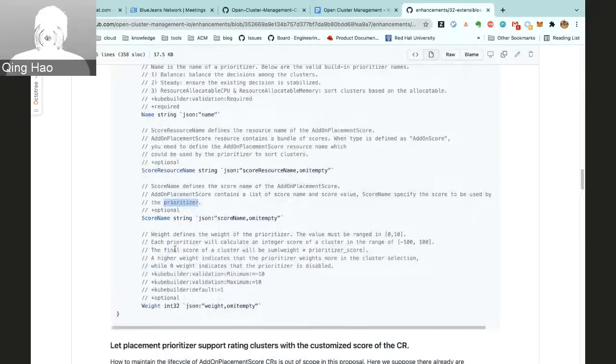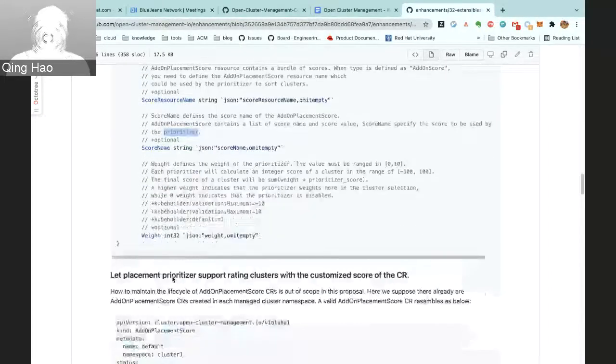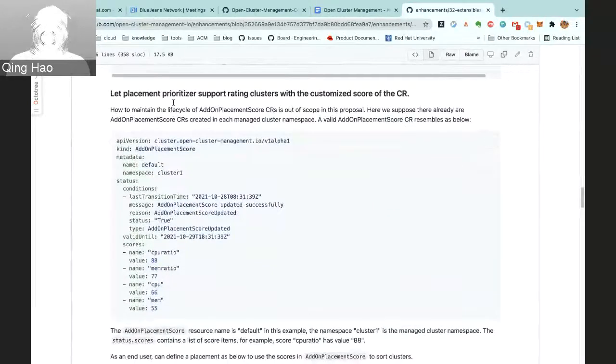Okay, above are the changes about the API. Next, we'll talk about how to let the prioritizer support rating cluster with the customized score of the CR. There will be some detailed examples, and you can have a better understanding of the API. As the goal and non-goal mentioned, how to maintain the lifecycle of the Addon placement score CR is out of scope. And here we suppose there already are some placement score CRs created in each managed cluster